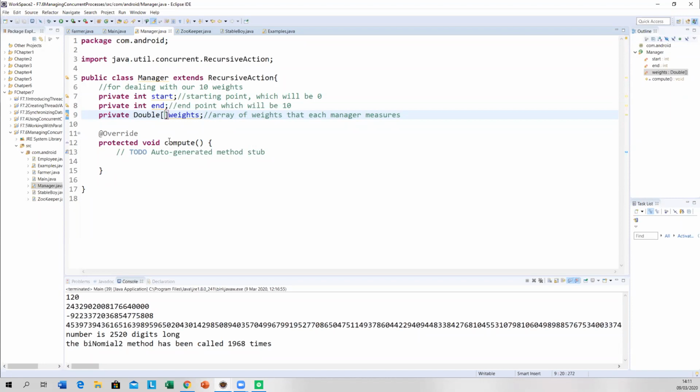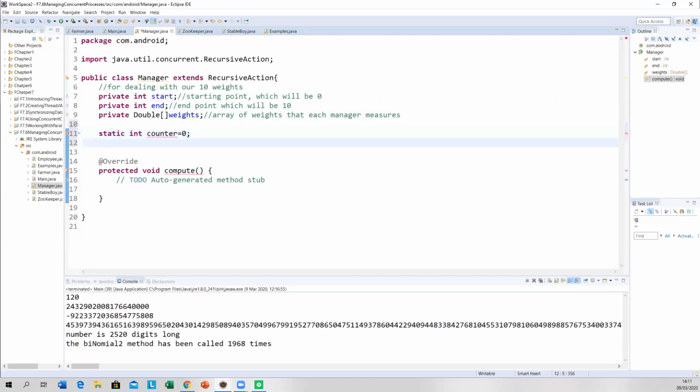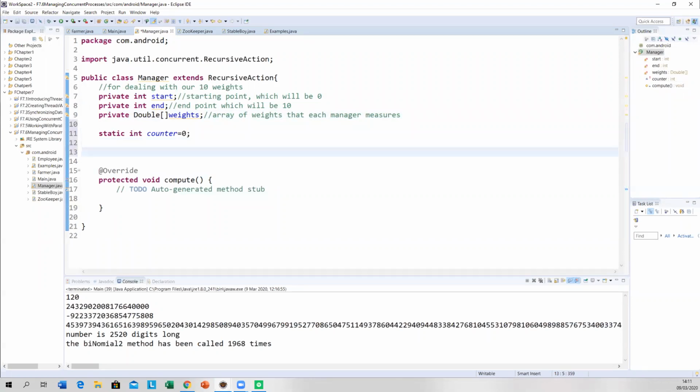Okay. Now, I'm going to have a manager constructor here. Also, before I do that, I want to see how many managers are created. Again, I don't know if this works actually correctly, but I'll try it anyway.